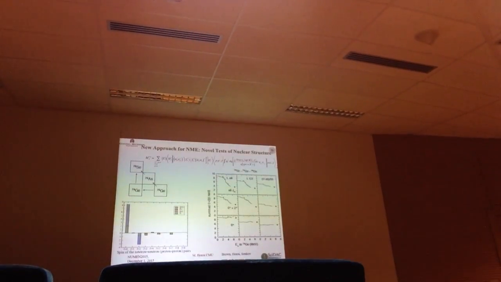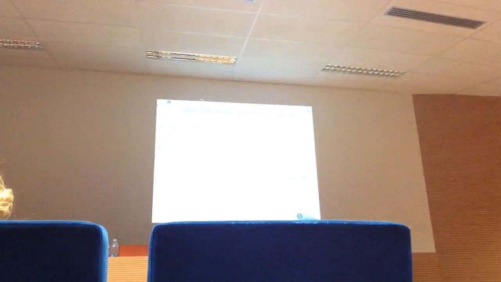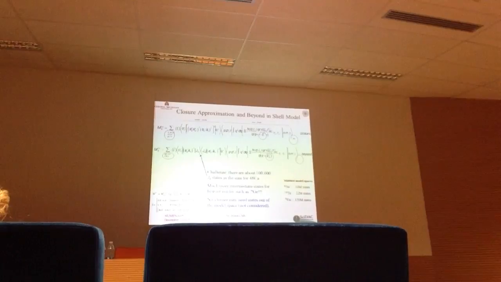Okay. About a year ago, we actually found a third way of calculating the nuclear matrix element. The third way is based on the fact that even in this estimation, we can rearrange things to find the contribution coming from different intermediate states, or the contribution coming from different pairs coupling to different J's. It turns out that something very interesting pops up, at least in the shell model. There is a big contribution from I equals 0 for the coupling pair to 0, and from 2. The others are pretty small, and in fact there is a strong